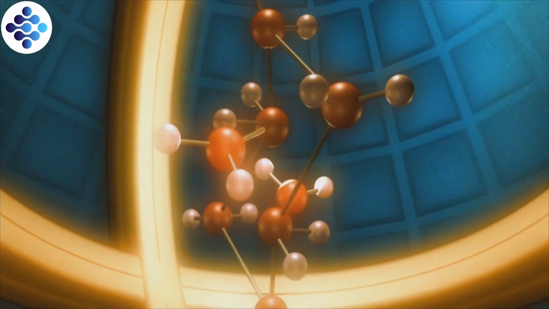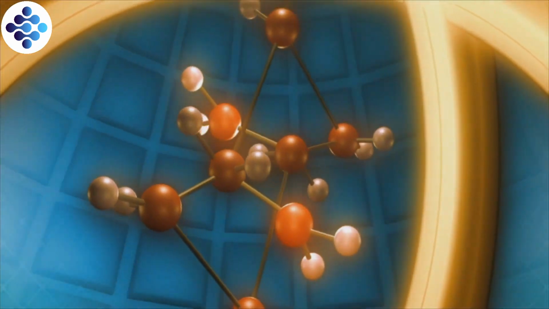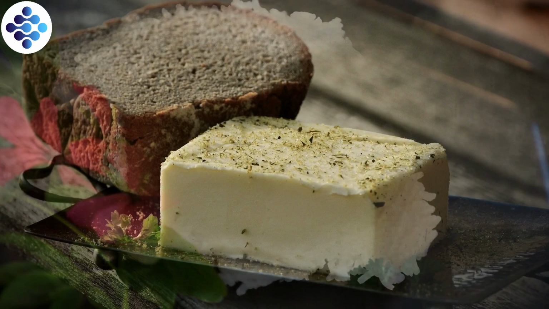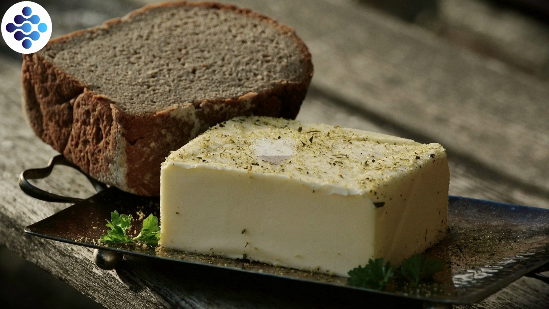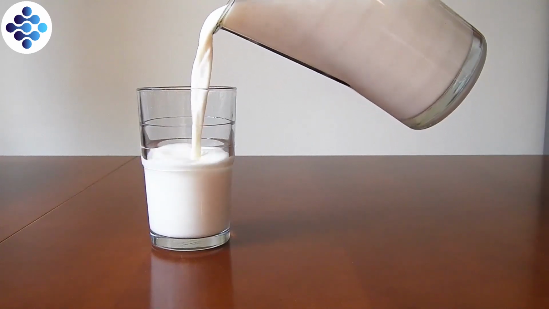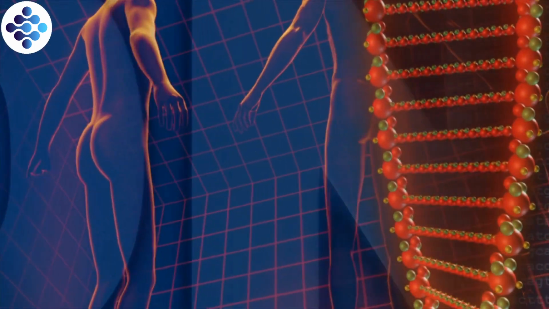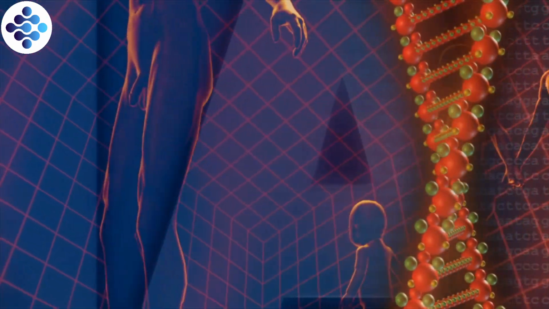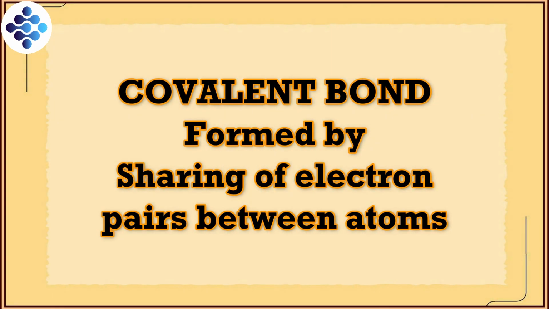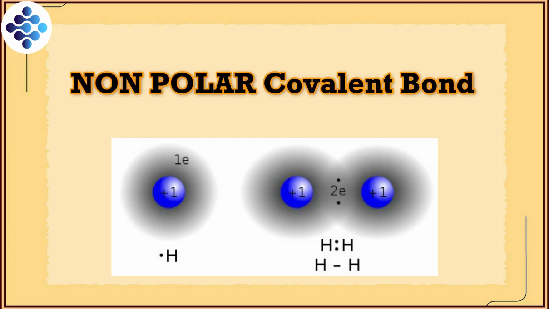These simple compounds form complex and large macromolecules. Carbohydrates for energy, lipids for protection, insulation and energy as well. Proteins, they are for structural and vital functions. DNA, RNA, they are for transfer of genetic information over generations. Some atoms share electrons, and that is called a covalent bond. Equally shared with respect to time. Such bonds are called non-polar covalent bonds.